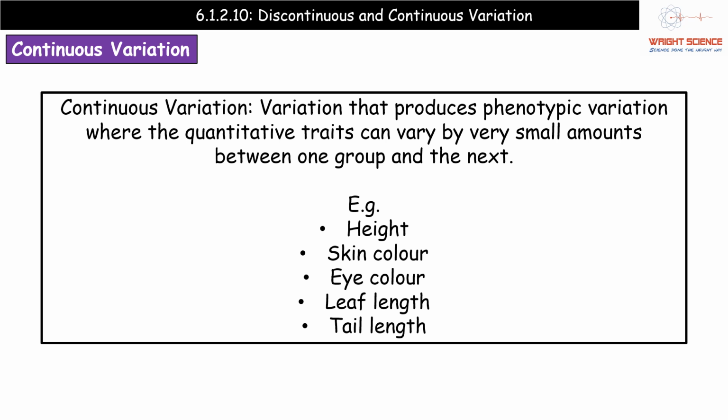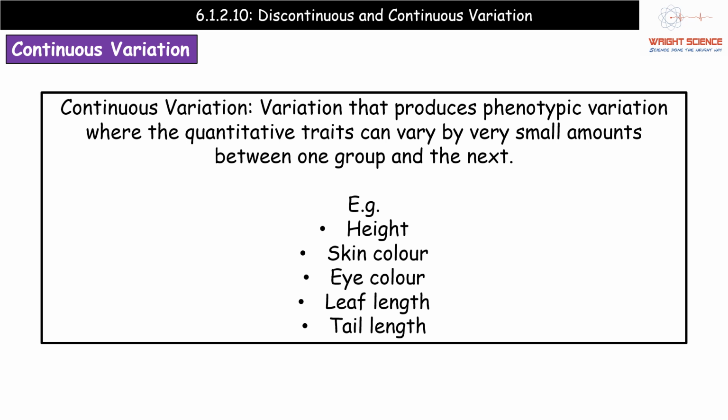The second type of variation that we can talk about is continuous variation. Continuous variation produces phenotypic variation where quantitative traits vary by very small amounts. Basically, that means we've got a whole range of potential values that we could take between some extremes. It's not like there's an infinite number of possibilities here. There are obviously a maximum and a minimum value for anything that we're talking about, but between those maximum and minimum values,